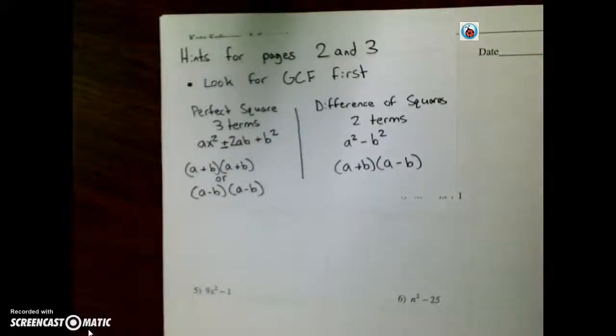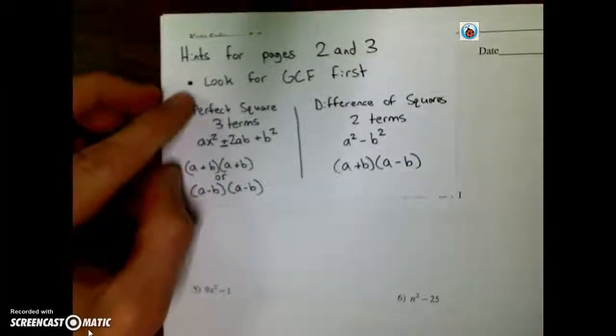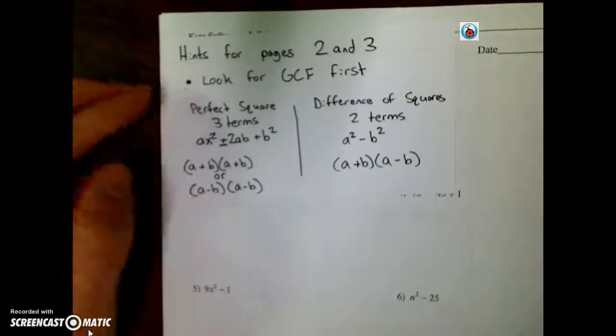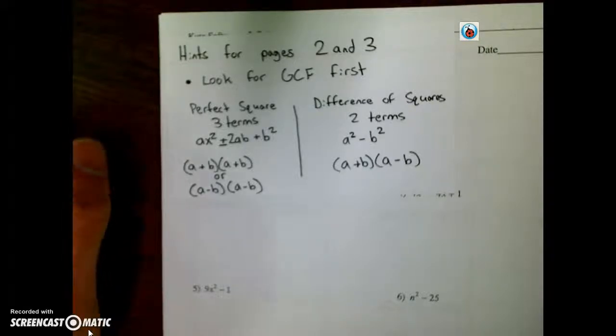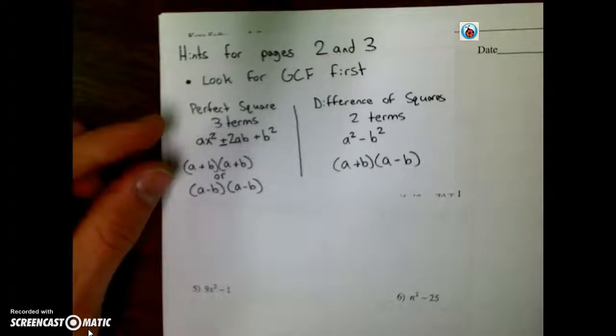Hello, so I'm going to start us off here with pages 2 and 3 with some hints. First thing that you're always going to want to do is look for a greatest common factor first. That's going to save you a lot of trouble on some of these problems. And then once that's taken care of, you'll either be looking at some perfect square types, and those are the